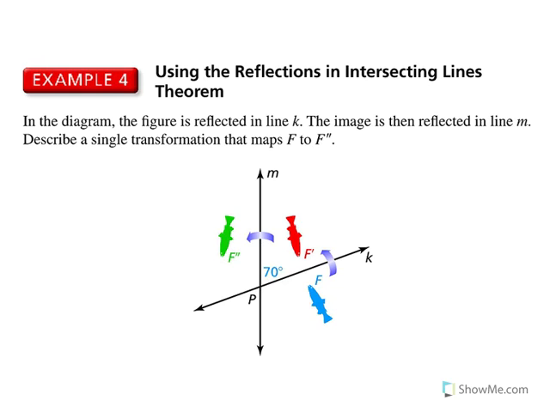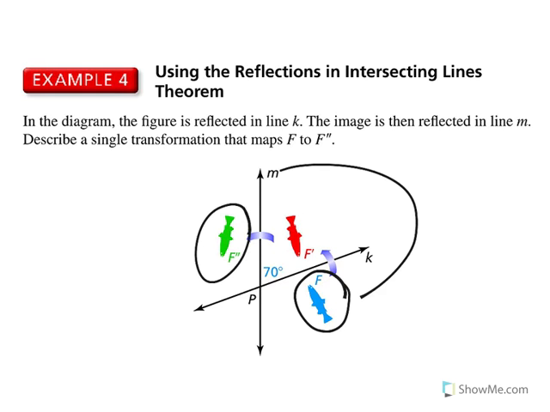So in this final example that we have, example 4, we want to describe the single transformation from this F, this blue fish down here, to our F double prime. So we're going all the way around. All we're going to do is describe its transformation. Okay, well, we know that